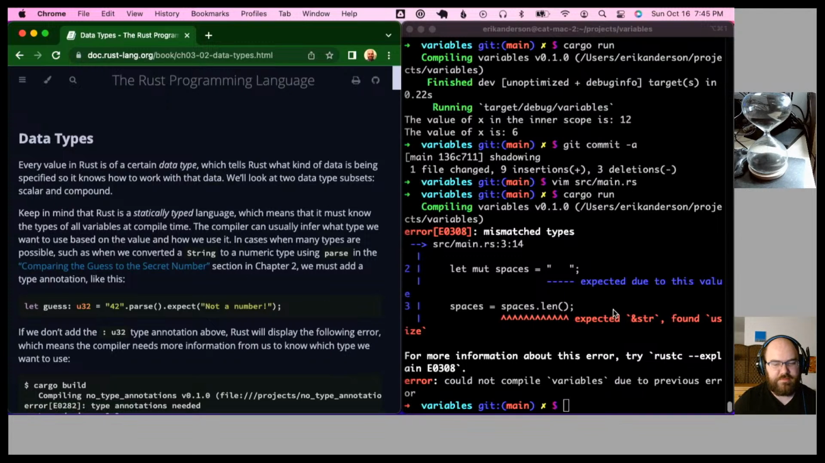Data types. Every value in Rust is a certain data type, which tells Rust what kind of data is being specified so it knows how to work with the data. We'll look at two data type subsets, scalar and compound. Keep in mind that Rust is a statically typed language, which means that it must know the types of all variables at compile time. The compiler can usually infer what type we want to use based on the value and how we use it. In cases when many types are possible, such as when we converted a string to a numeric type using parse,